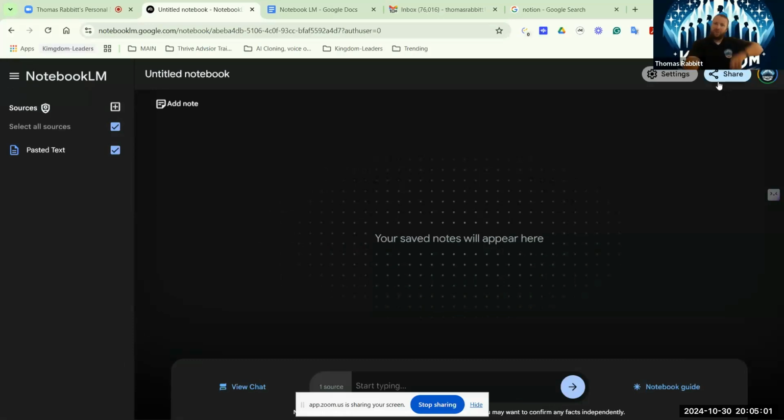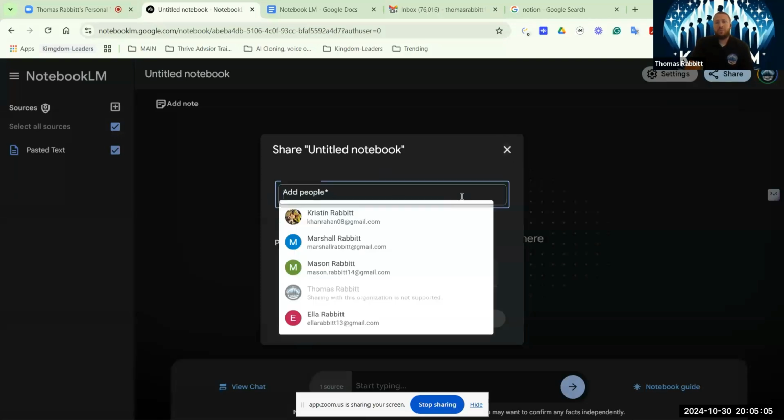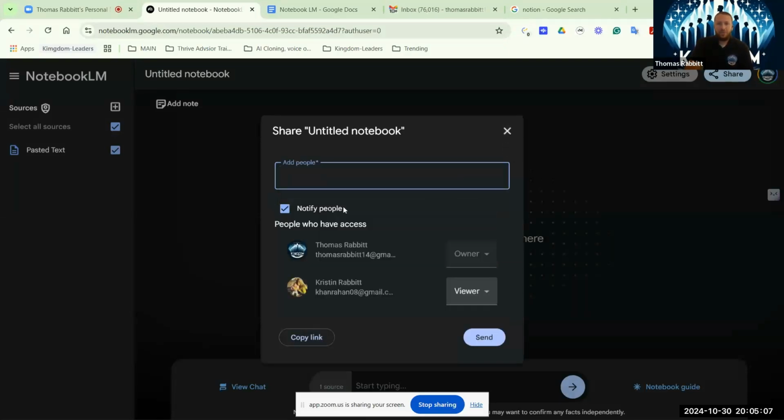The last piece I'm going to show you is how to share this. So you go here, you click share, you can share different types and styles, right? You can make somebody a viewer, an editor, and you can also revoke access. So you don't have to give them permanent access to this thing. You can have everybody add their stuff, and then you pull them out and say thank you very much, and you can revoke their access. You can also copy a link.